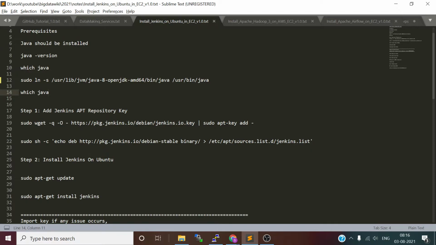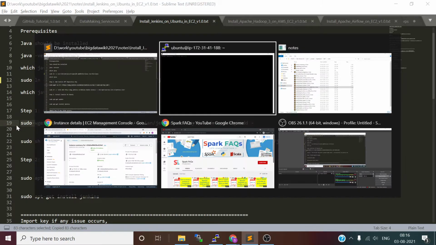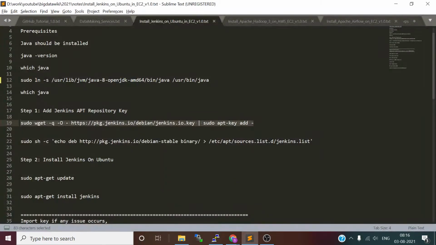The next thing is to add the Jenkins apt repository key. For that you just have to run this command: sudo wget -q -O - and you can give the key name, piped to sudo apt-key add. You run this command. Once you get an OK, I'm going to run this command to add it to the source list.